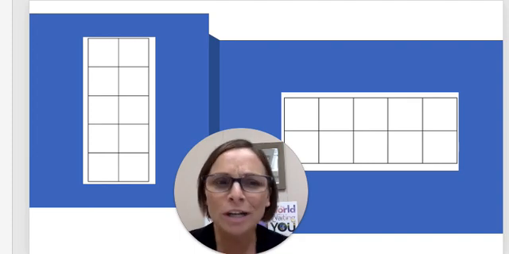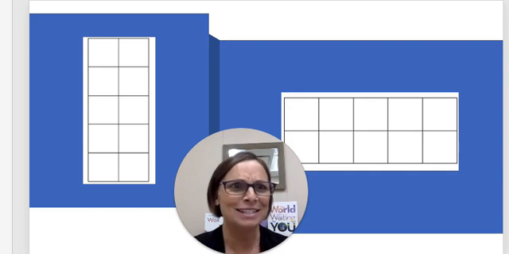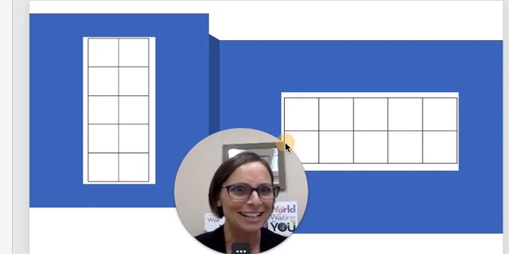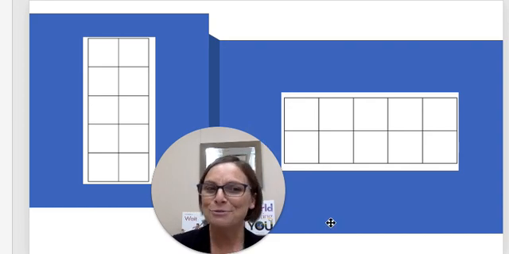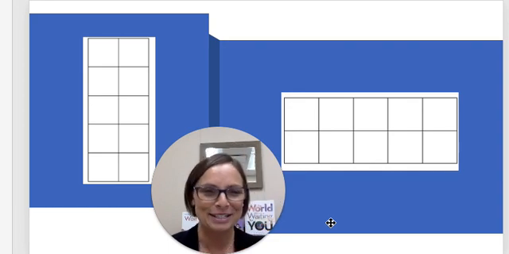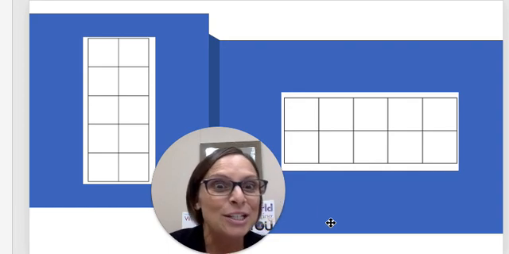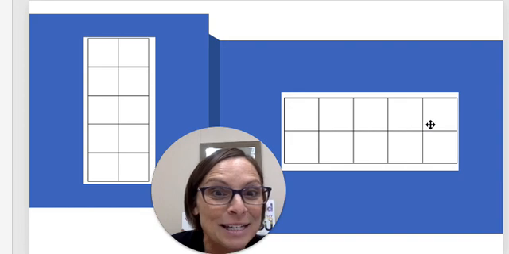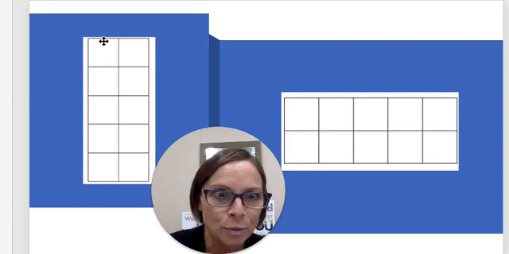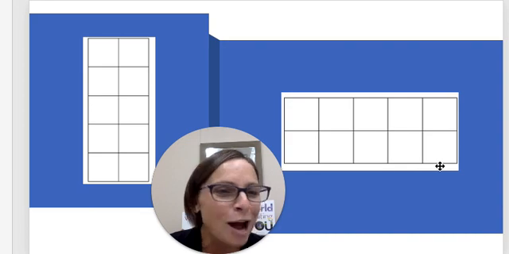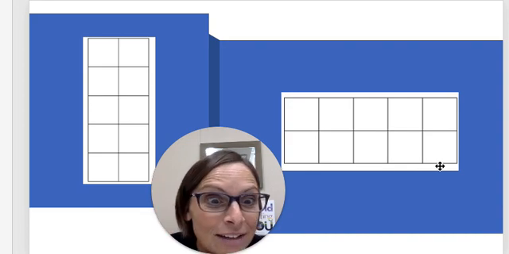And today we're going to be looking at these again. Do you remember what they're called? Did you say 10 frame? Now, if you did, why are they called a 10 frame? Did you say because there's 10 empty spaces? 5 at the top and 5 at the bottom on this one? And over here, are there 10 as well? Count them. Yes, even though this one goes up and down and this one goes across, they both still equal